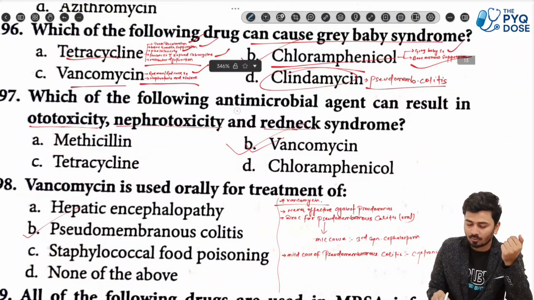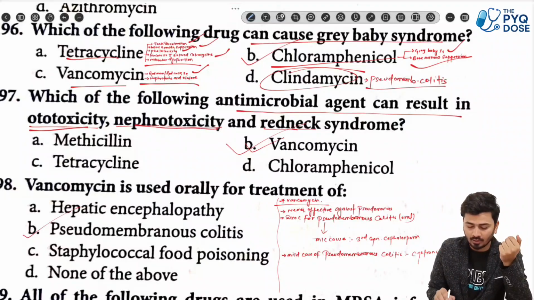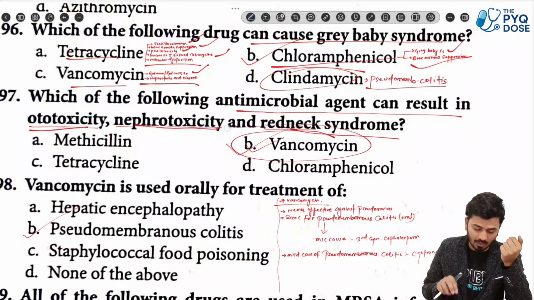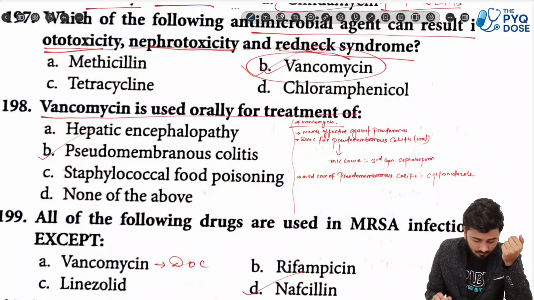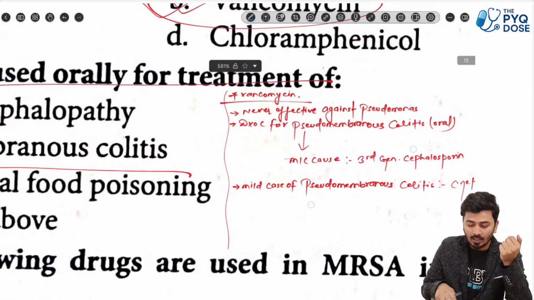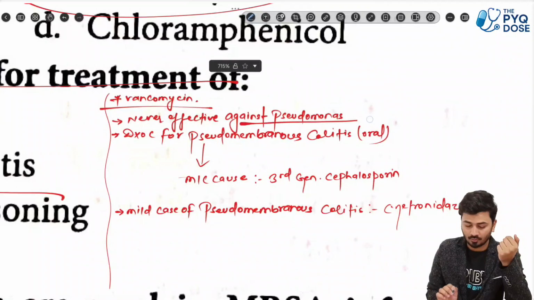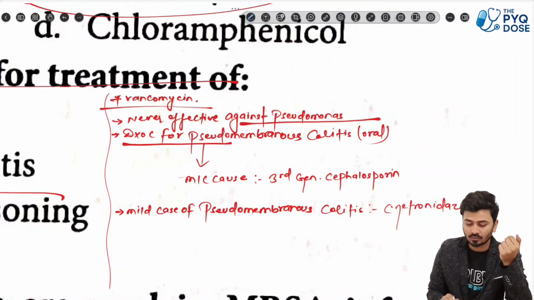Which of the following antimicrobial agent can result in oto, nephro toxicity and red neck syndrome? So just above we have just seen this, vancomycin. Vancomycin is used orally for treatment of pseudomembranous colitis. So let's see. Vancomycin is never effective against pseudomonas. Drug of choice for pseudomembranous colitis